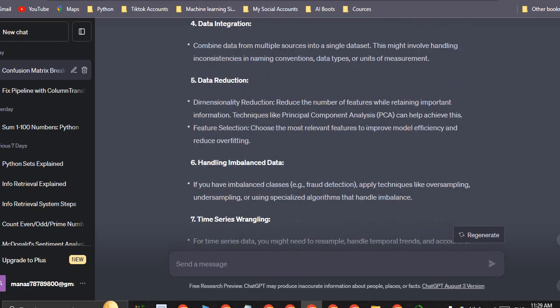Data reduction: reduce the number of features while retaining important information, using techniques like principal component analysis. This is also used for numerical data in neural networks and deep learning.